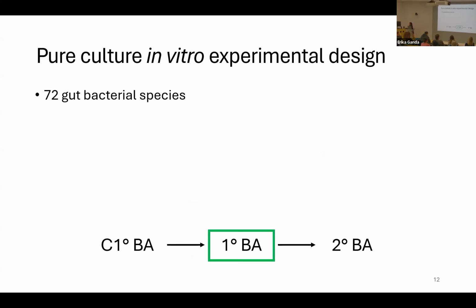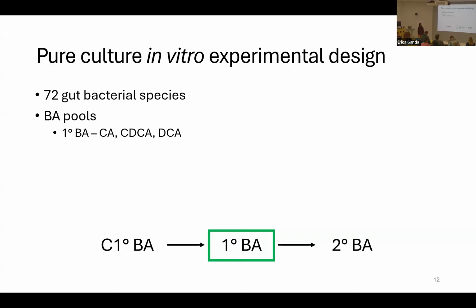In this experiment, we used 72 gut bacterial species from our lab collection. These largely overlap with the human gut microbiome collection. Pretty fast growing, easy to grow organisms, which is great for us because we need them all in the same media to be able to run our samples and collect data quickly.